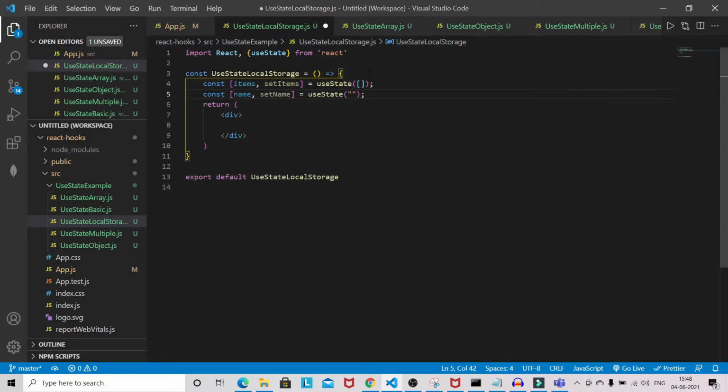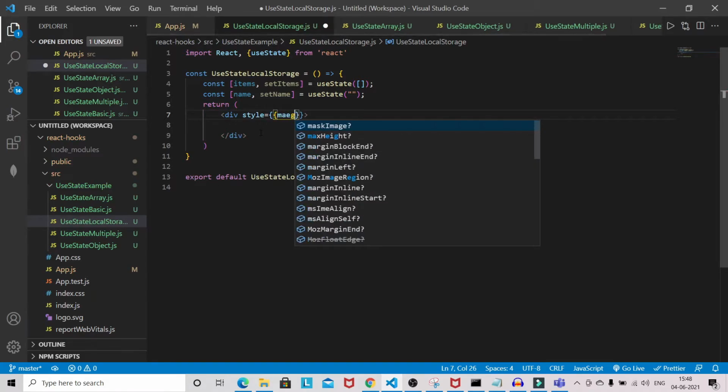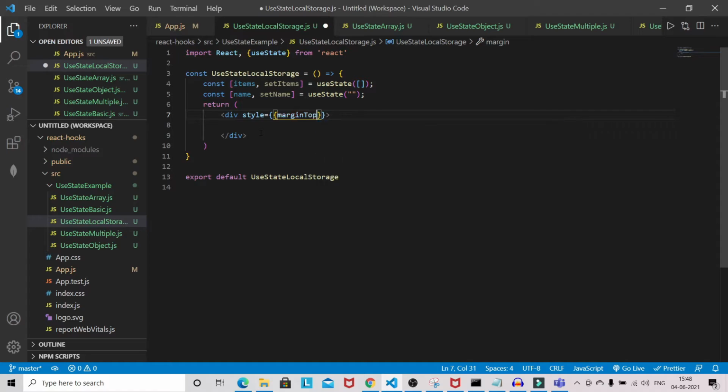Okay, so let's remove, no, let it be there, no problem. So I will use class, not class here, I will use inline styling. I will give some margin top,